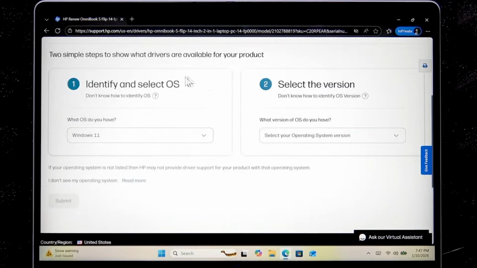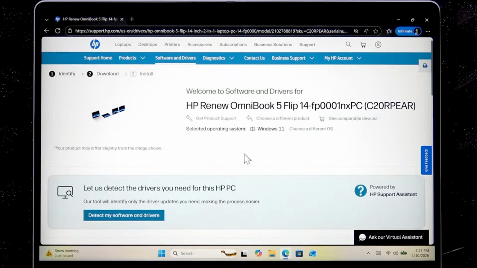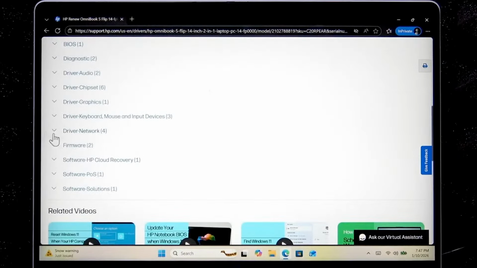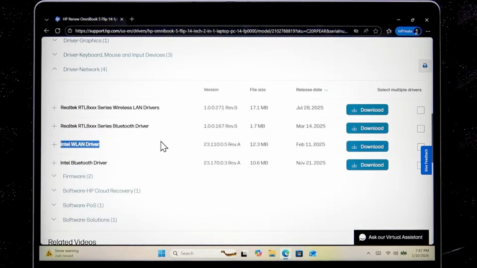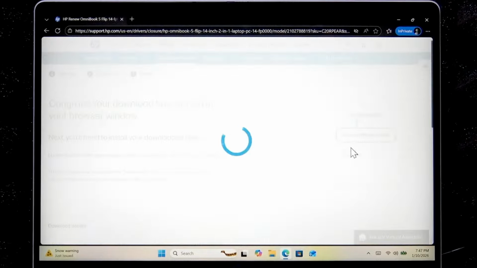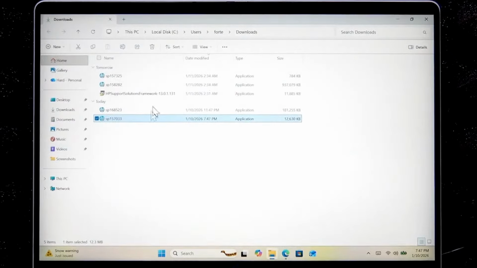Okay, now let's select the operating system. So it will be Windows 11 and the version of the OS. Let's select Windows 11. I'm not sure how these two are different, but it doesn't really matter in this case because the drivers are pretty much the same for both of them. So let's select submit, and then let's expand the driver network section, and we're looking for the Intel WLAN driver here. So let's download this driver, and basically this is the file that we can transfer to